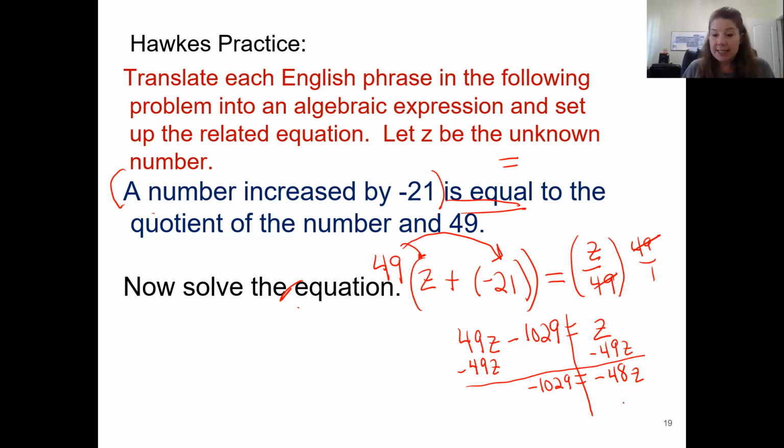So the last step is to divide by negative 48. Is that going to be a whole number? I hope so. First of all, what is a negative divided by a negative? A positive. So 1,029 divided by 48 is, nope, it's not even, but